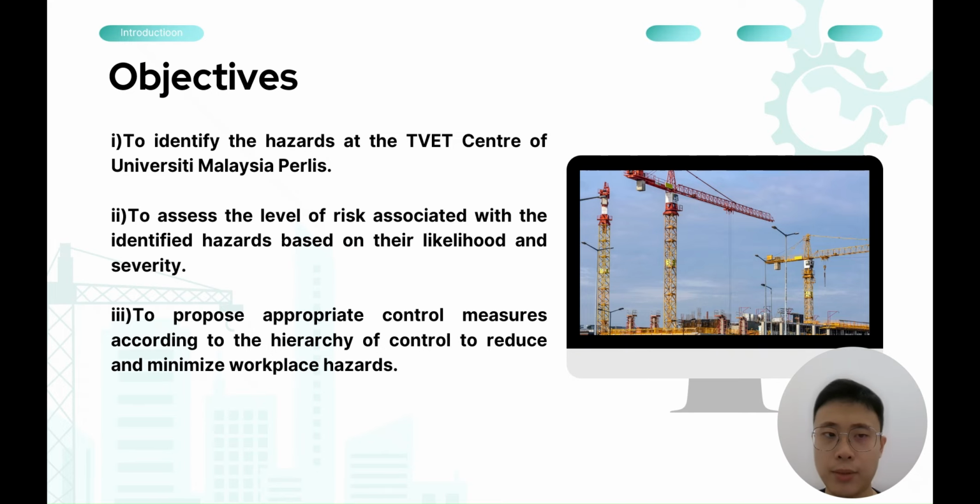This study aims to identify the hazards at the TVEC Center of Universiti Malaysia Perlis, which is the green building located at UniMAP. Next, this study aims to assess the level of risk associated with the identified hazards based on their likelihood and severity. And lastly, it aims to propose appropriate control measures according to the hierarchy of control to reduce and minimize